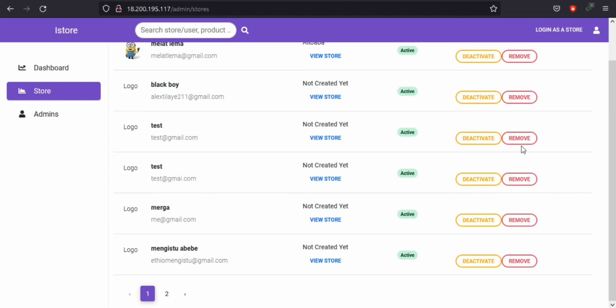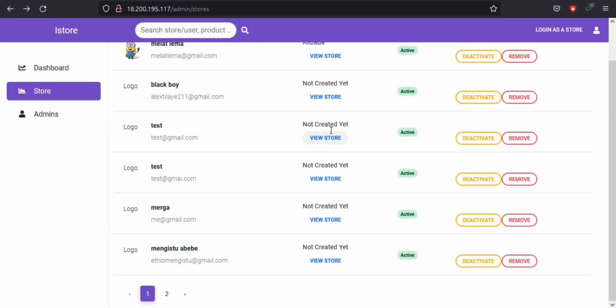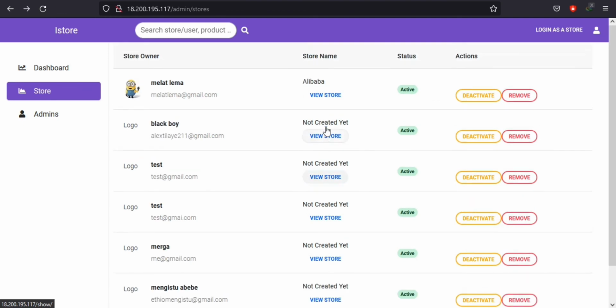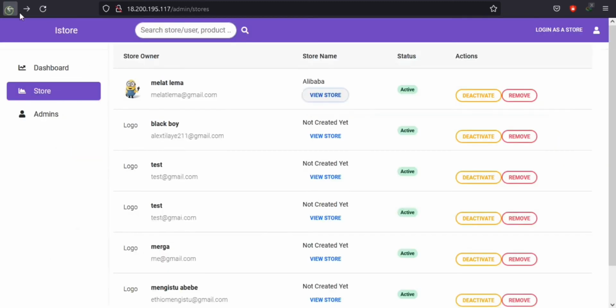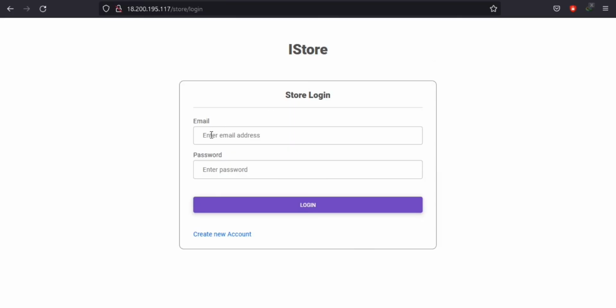So we can also remove the stores, so we have access here. Also we can show the store from here. As you can see here, it's not created yet, right? So he didn't create any store yet, so it will show 404. For the one that created the store, if you say vStore, it will show the store here. And then at the top, the admin can also log in as a store,